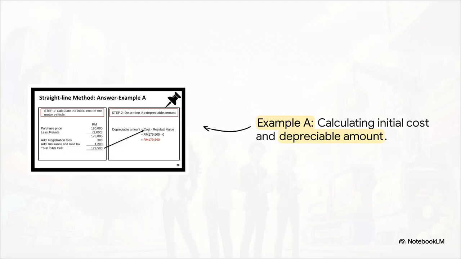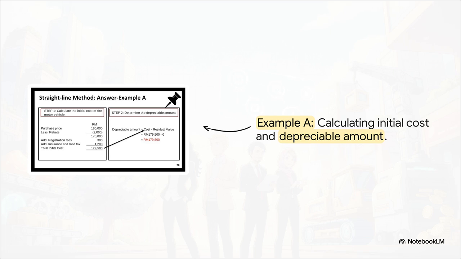Let's look at this working example for VW BHD. They just bought a motor vehicle. For step 1, the purchase price was $180,000. But wait, they got a rebate. The absolute crucial point here is that we must deduct that $2,000 rebate. You don't pay for it, you don't record it. Then we add the necessary costs to actually get the van on the road, things like registration fees of $300 and insurance of $1,200. That brings our true total initial cost to